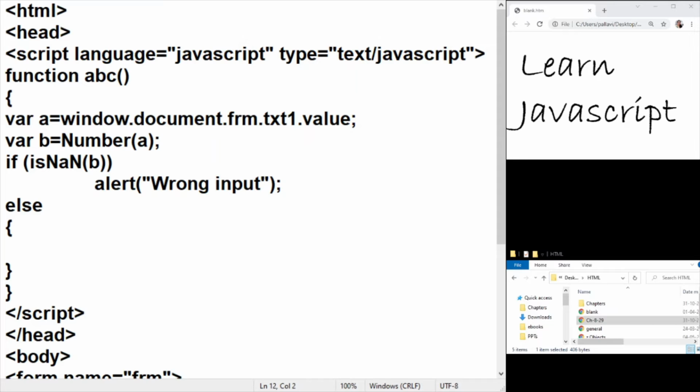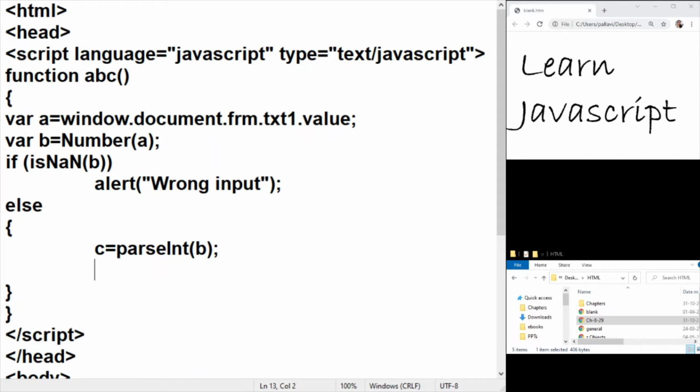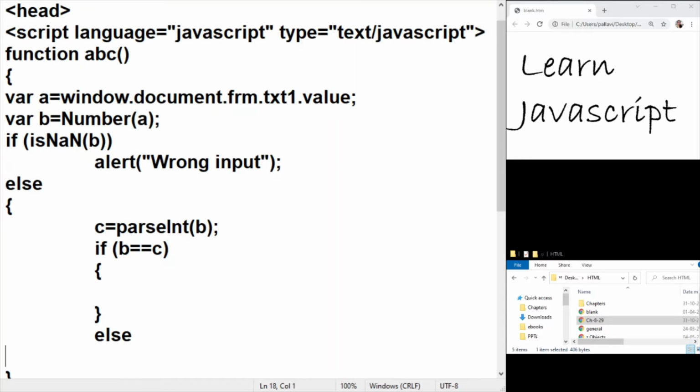So we have to make an assumption that the input is an integer, but to be on a safer side, let us validate that it is an integer. So if it is an integer, we will go ahead and write in our code. Otherwise, we will simply display the message.